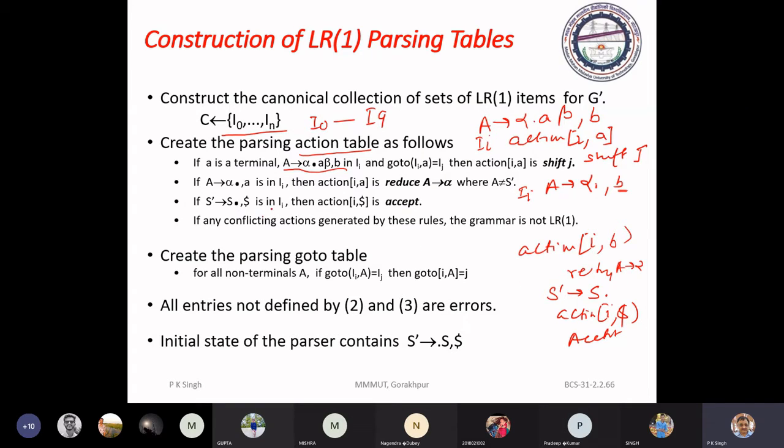Using these rules, you can make entries in the action field. For the goto field, you have to look for items that have a non-terminal just after the dot, find the goto of that non-terminal, and that will give the new state.